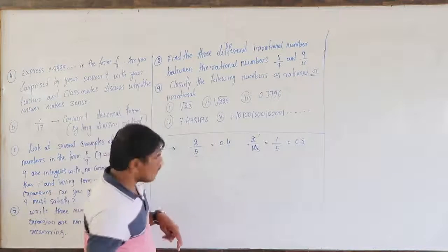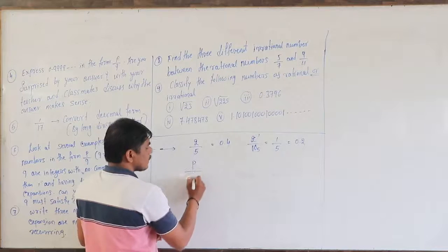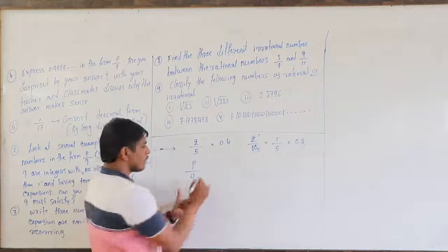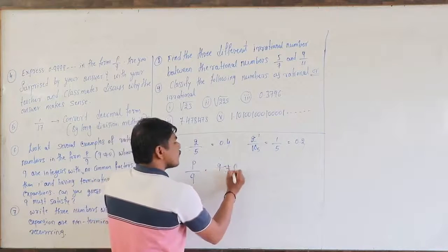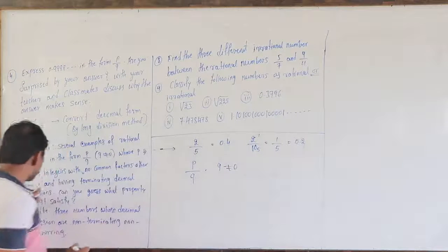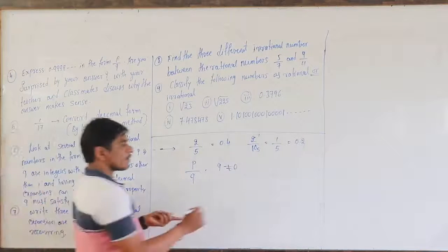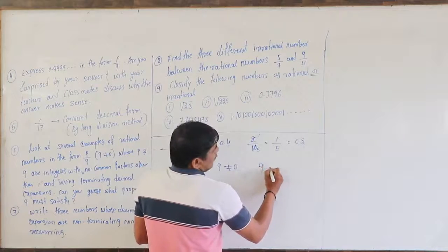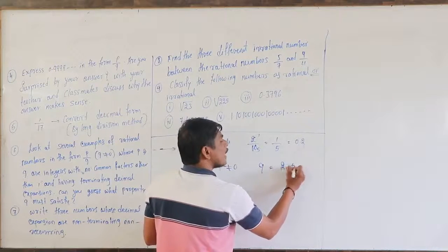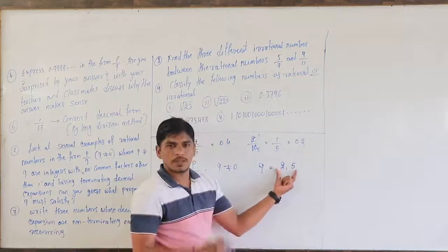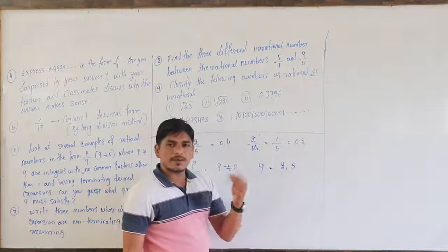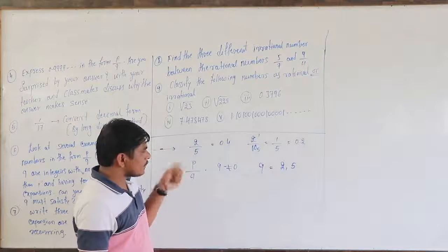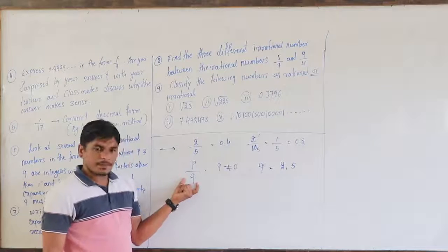Now all the rational numbers are in the form of p by q, but q is not equal to 0, and one more condition is there in this problem, other than 1. It means now the q values are always powers of 2 or 5 or both. The two possibilities are there. You have to take any denominator number.